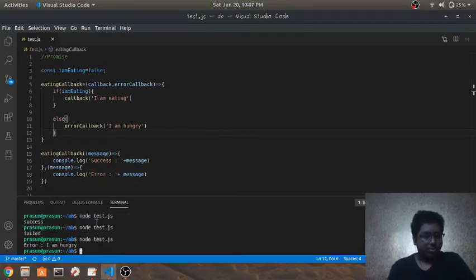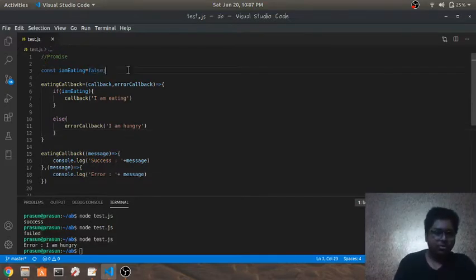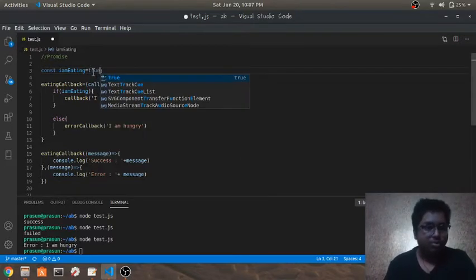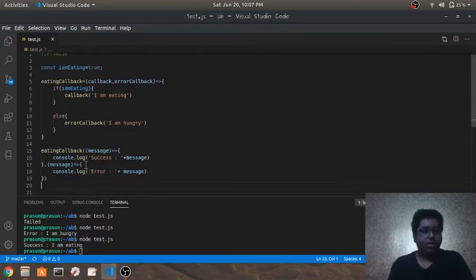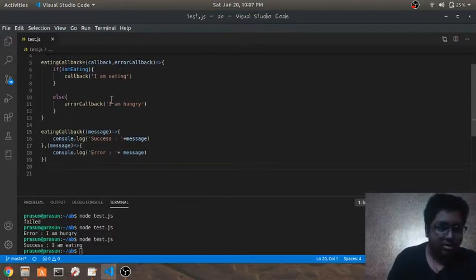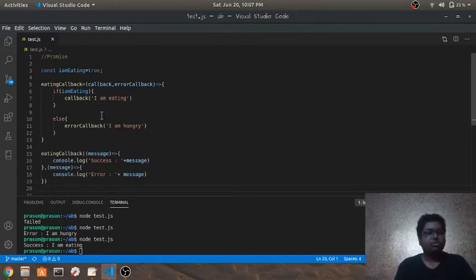So as you can see, error: I am hungry, as "I am eating" is false, so that would mean that the error callback is getting called, and it simply puts in the I am hungry message. And if I change it to true, then it will put in success and I am eating. Now to change this callback to promises, I simply have to,